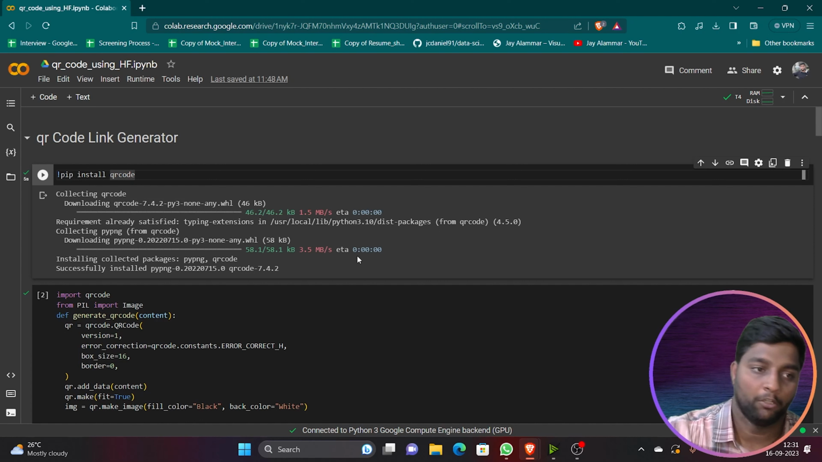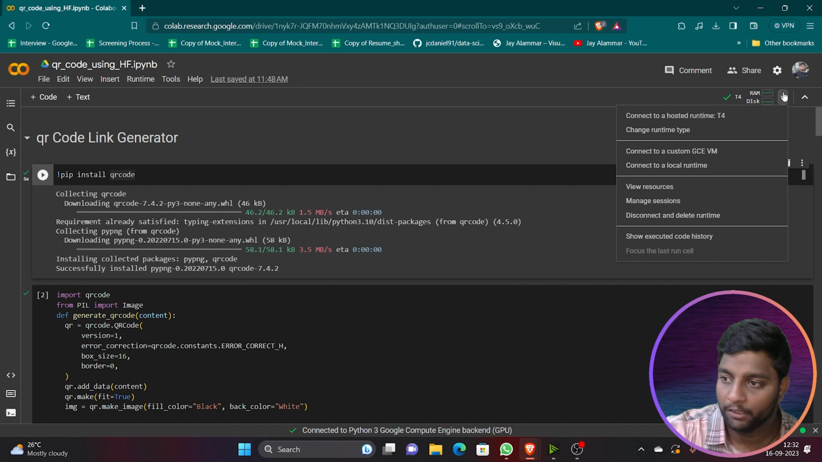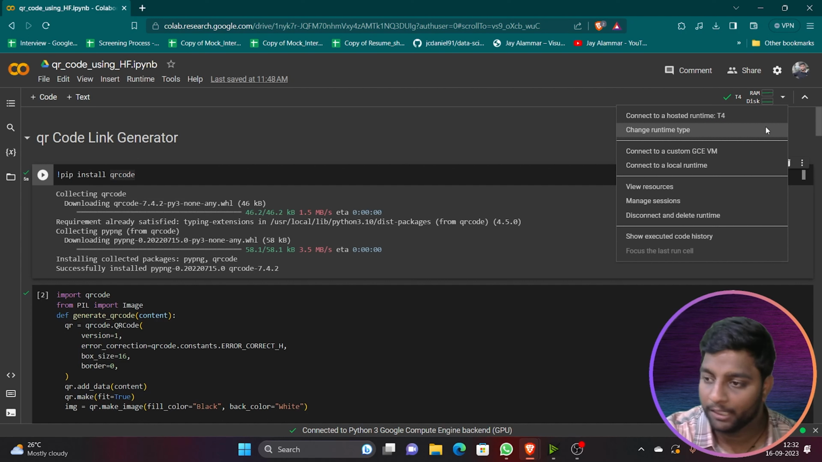Let's try to generate it. For that, the first step will be to click on these three dots when you open the Colab. The link to this Colab, whatever code I'm explaining, will be in this video description. You can have a look at that